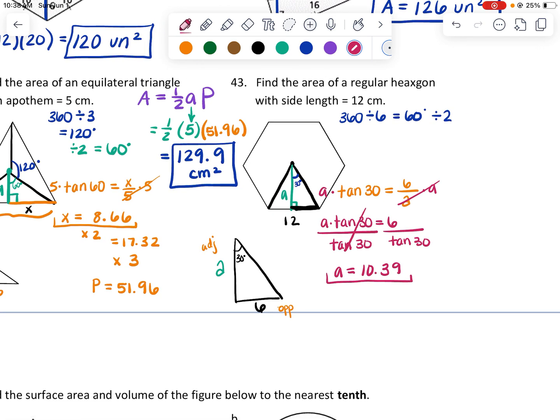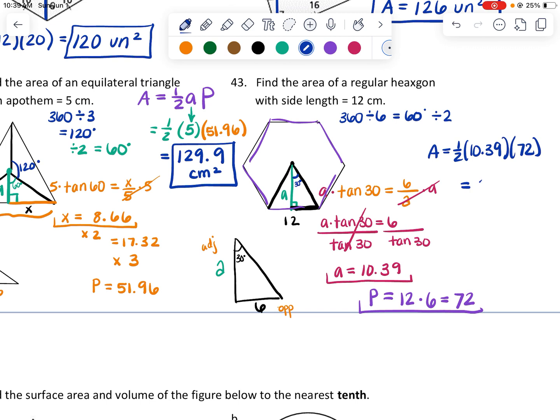So I know my apothem. I can figure out my perimeter pretty easily. The perimeter is 12 times 6 sides, right? So 12 is the side length times 6 sides. So that's the perimeter, 72. And then we can just plug this into our equation. So area is 1/2 of 10.39 times the perimeter, which is 72. 10.39 times 72. And when I put that in my calculator, I get that the area is 374.04 centimeters again squared, because we're finding